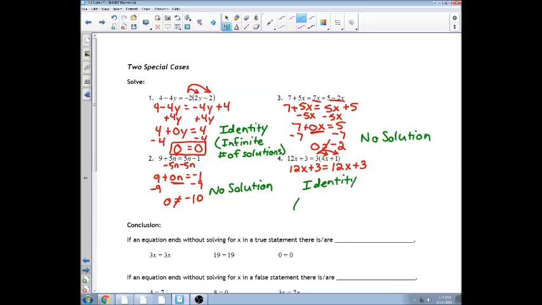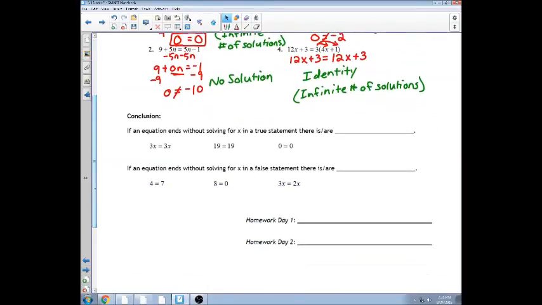or infinite number of solutions. When you have a problem like that, you do not have to write infinite number of solutions. You can write identity or infinite solutions or all real solutions or something along those lines, and they all mean